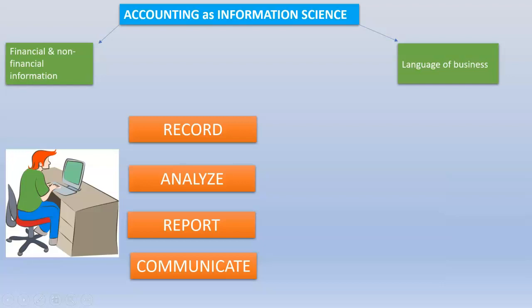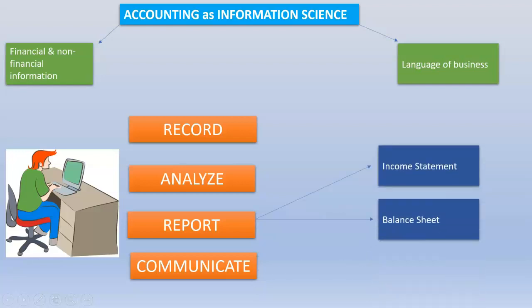Report. Accounting produces reports both for external and internal users or stakeholders. Reports for external users normally fall within the scope of financial accounting and typically include the income statement, balance sheet, and cash flow statement. These reports are produced for statutory purposes also, depending upon the regulatory jurisdiction in which a business or a company is operating.